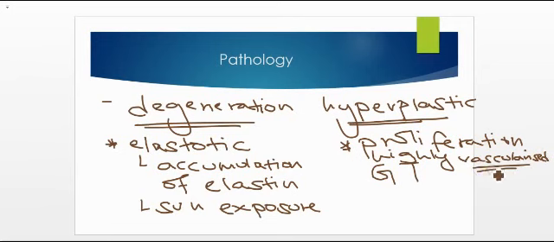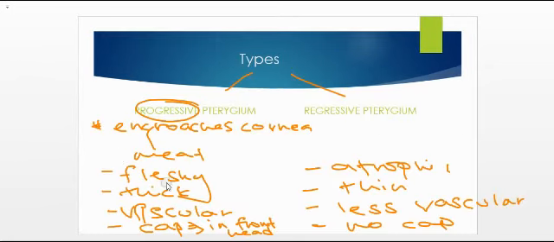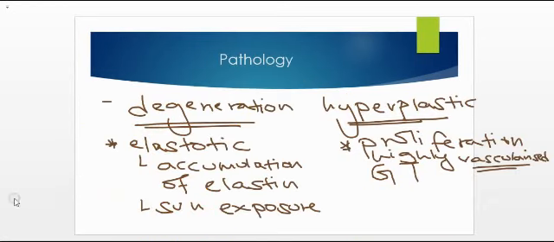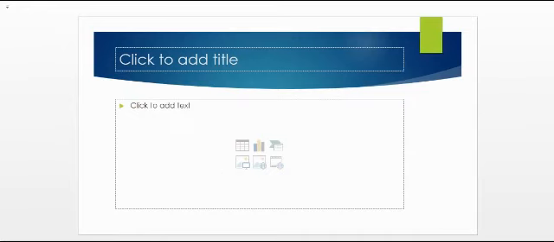The word vascularized tells you it's very vascular, right? Progressive pterygium, extremely vascular. So there is going to be degeneration first, and then it's going to proliferate also, right? This degenerative hyperplastic condition is going to lead